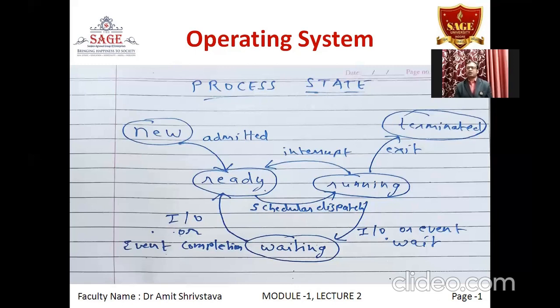Let us say if I've written C equal to A plus B, then it might require 10 to 12 cycles. So if a CPU has got 10 to the power 9 cycles generated in 1 second, then you can think that my command is requiring only 10 cycles out of those 10 to the power 9 cycles. So if the CPU is given to me even for a fraction of a second, it can execute thousands of my commands in that fraction of a second,